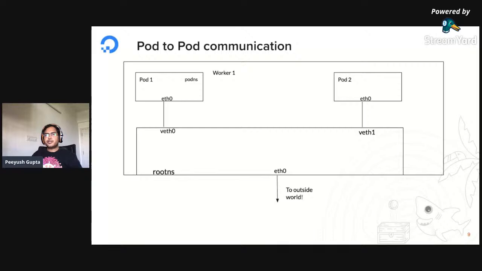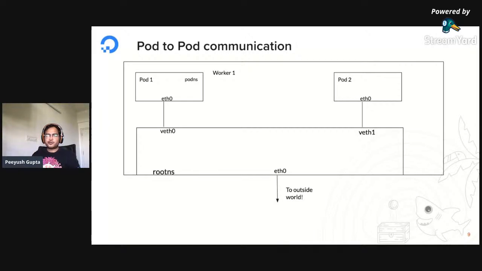Before going into that, I would like to mention that everything here is divided based on namespaces. Every pod has its own pod network namespace, and every node also has its root network namespace. If you see here, that's called the root NS, and there would be an Ethernet device.